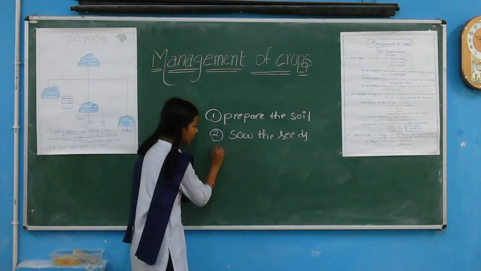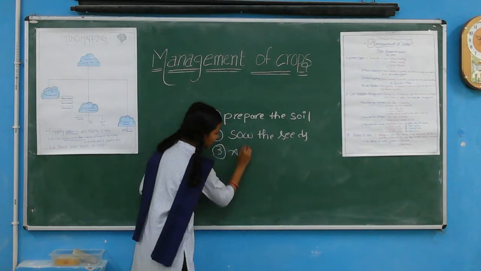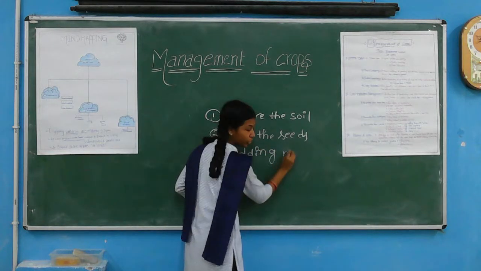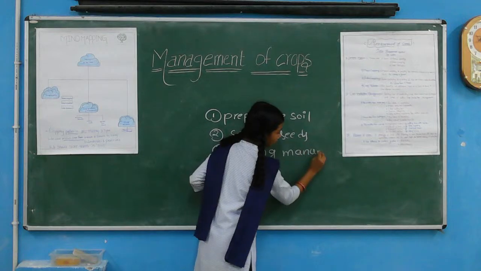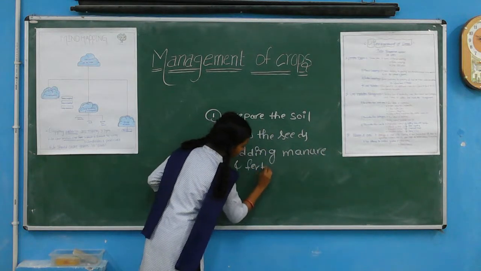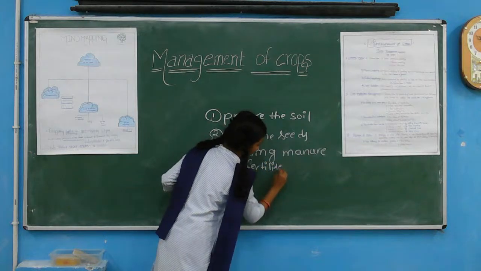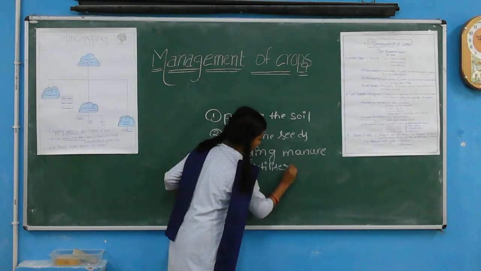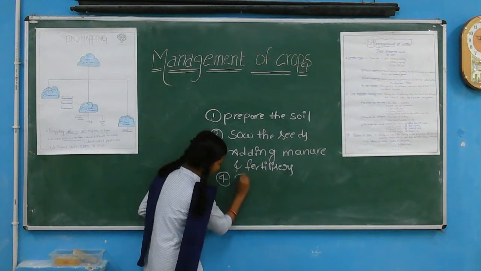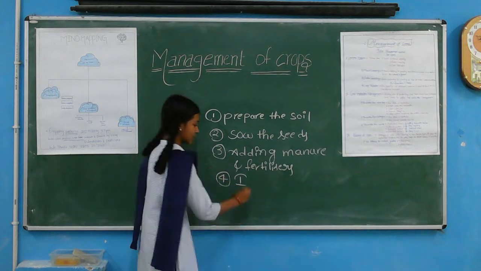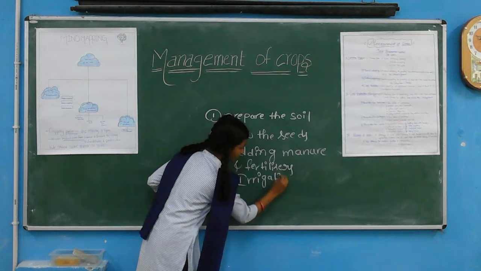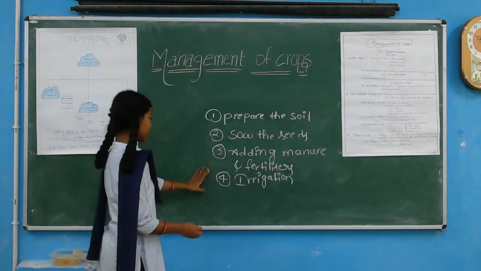And the next one, adding manure and fertilizers. And the next one, that is irrigation. That means to water the plants. These are the 4 steps, and the remaining steps are